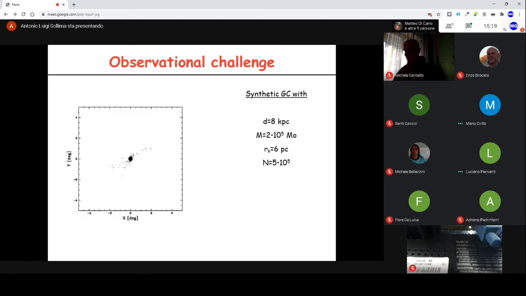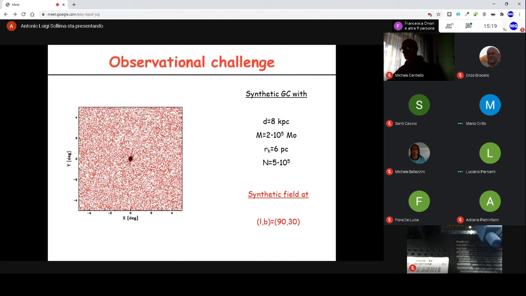From an observational point of view, the detection of tidal tails is quite challenging. And I will show you in this simulation where I took an N-body simulation with characteristics typical of a normal globular cluster projected on the plane of the sky. Here you see the cluster and the tidal tails. The complication is that in practice, what you see is the superposition of the cluster with the field. And if you consider a homogeneous distribution of field stars, for instance, at these galactic coordinates, which are not particularly